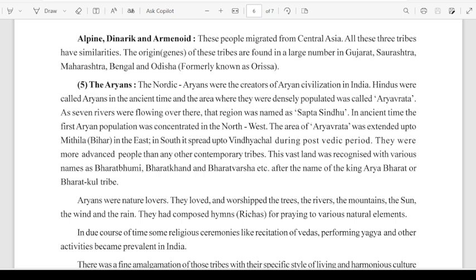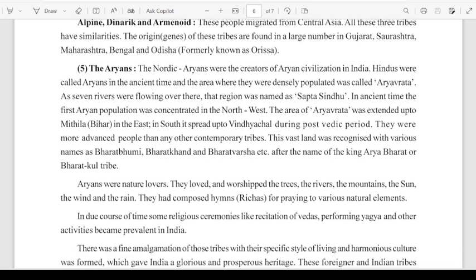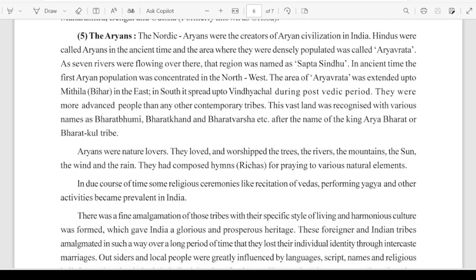This vast land was recognized with various names as Bharatbhumi, Bharatkhand, Bharatvarsh, etc. after the name of Arya king Bharat or Bharatkul tribe. Aryans were nature lovers. They loved and worshipped the trees, rivers, mountains, sun, the wind, and the rain. They had composed hymns, ritas, for praying to various natural elements. In due course of time, some religious ceremonies like recitation of Vedas, performing yajna, and other activities became prevalent in